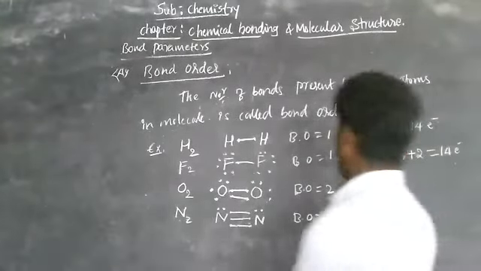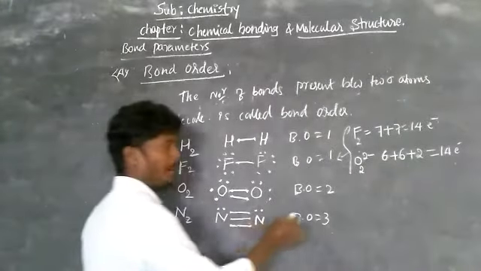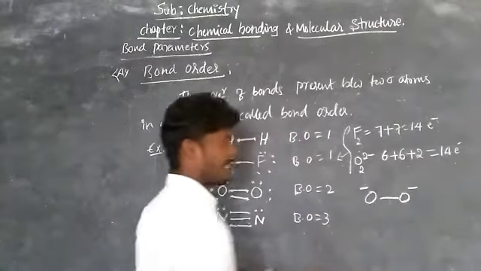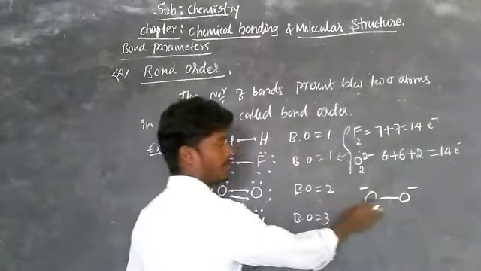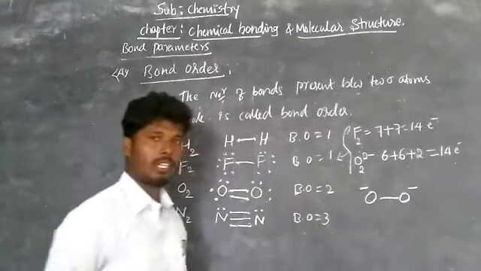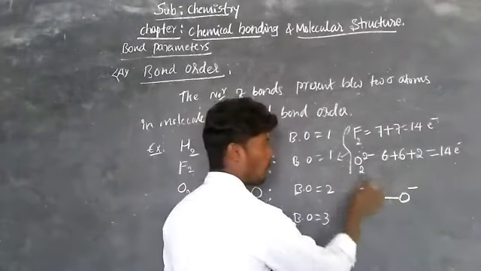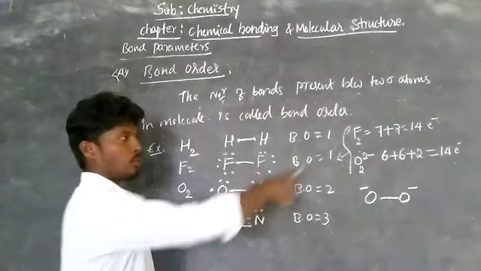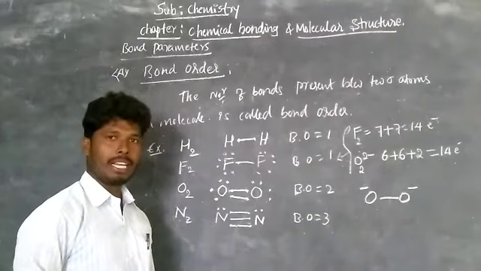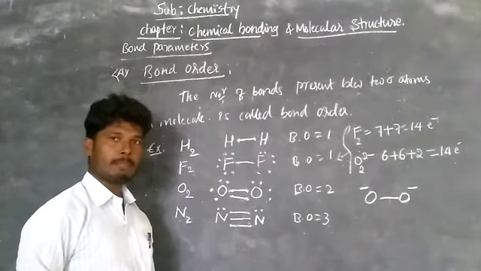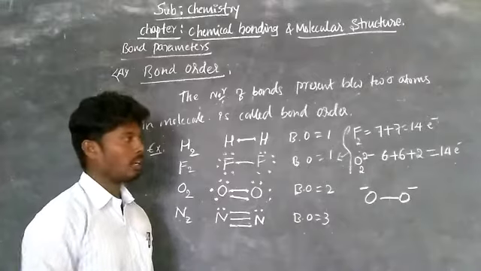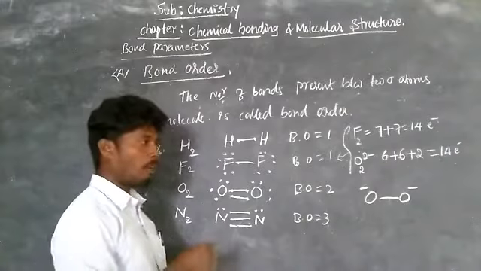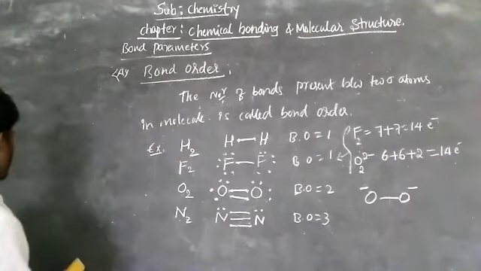Okay. Now observe the structure of O2 2 minus: oxygen bond oxygen. Here 1 minus charge, here 1 minus charge. Now observe the bond present between these two oxygens is only 1. So F2 and O2 2 minus have the same bond order. These two are called isoelectronic species. Isoelectronic species means atoms or species having the same number of electrons, and they have almost the same physical and chemical properties. Okay. Now observe some more examples for isoelectronic species.